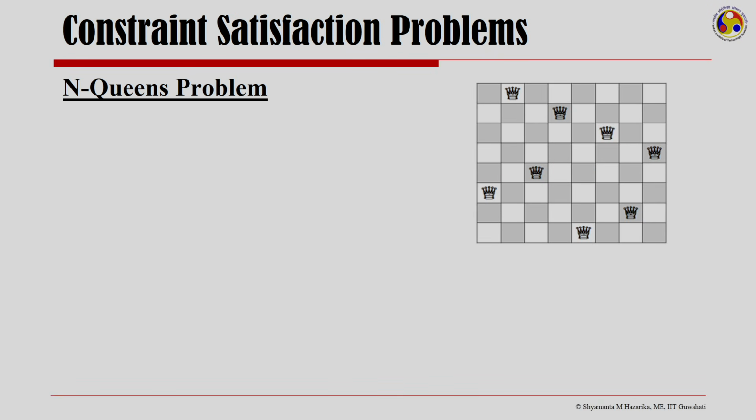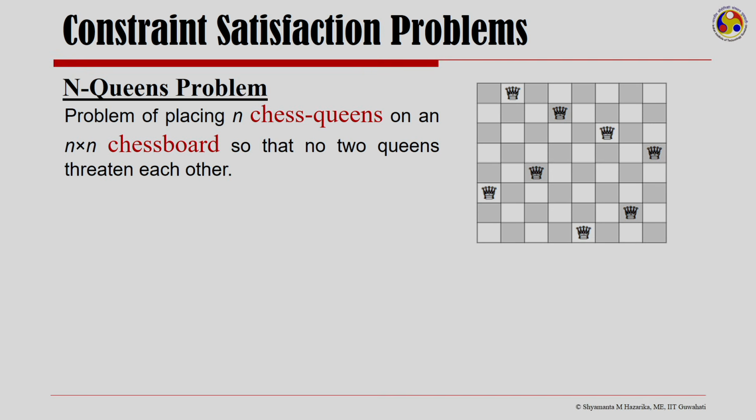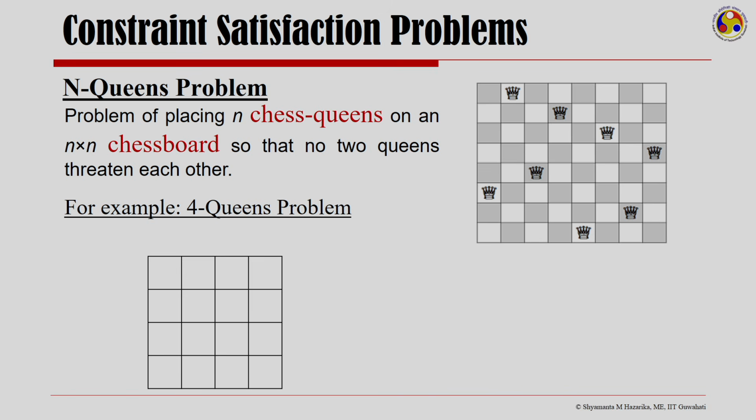Now, let us look at a very popular problem from AI that uses the constraint satisfaction problem solving technique, the n queens problem. The n queens problem is a problem of placing n chess queens on an n cross n chessboard so that no two queens threaten each other. For example, if we are talking of the 4 queens problem, we have 4 queens to be placed on a 4 cross 4 board,